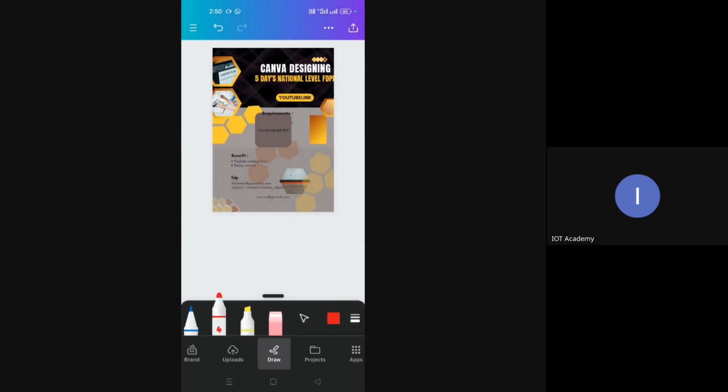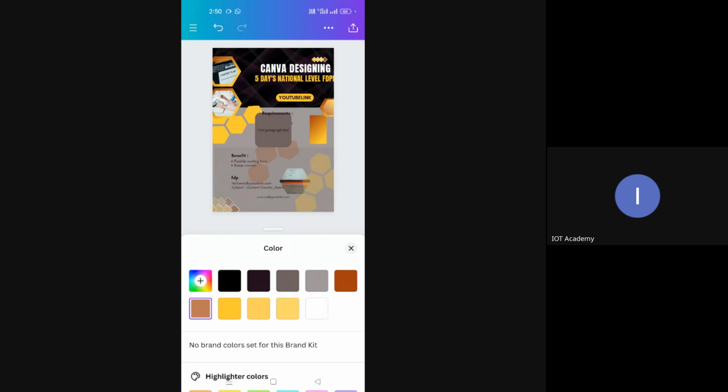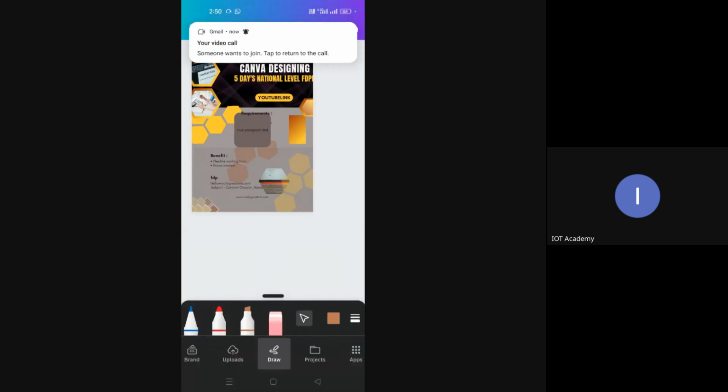Then you have drawing option. See, suppose I wanted to draw on this something, right? I wanted to write something. I can simply use the sketches which are available as pointer, okay, slanting, a round side, etc. I can just use it. Suppose I mistakenly use something and I wanted to change. Here is an eraser. Just use the eraser. Okay. Tap on the eraser and rub it. Next, color changes. Like you wanted to change the color of the pen that you're using, and simply change it.